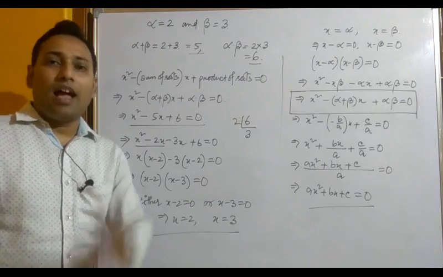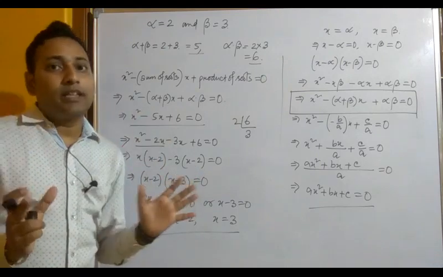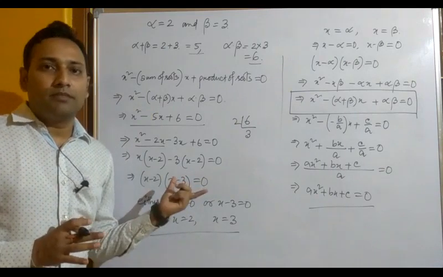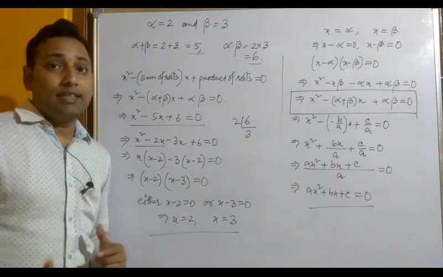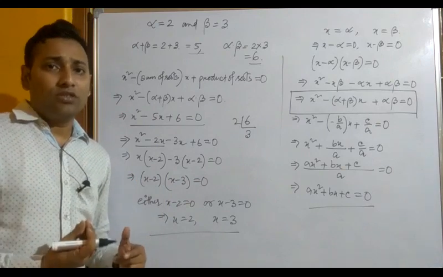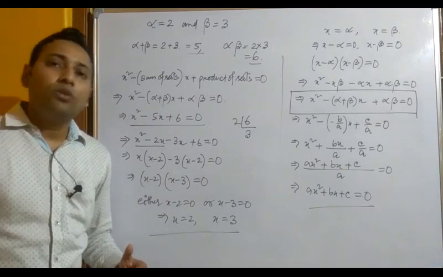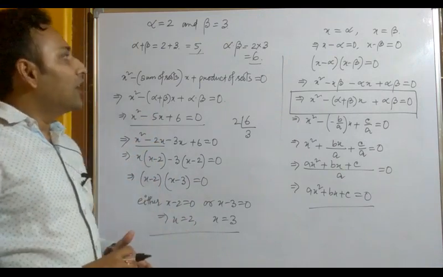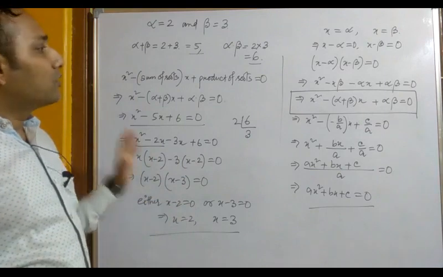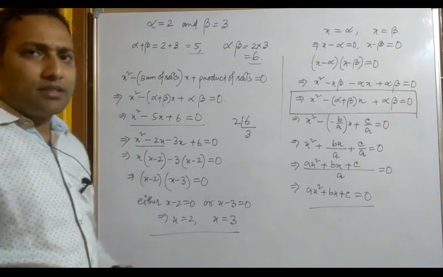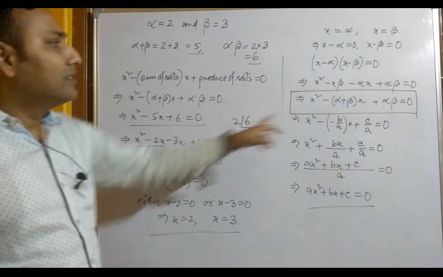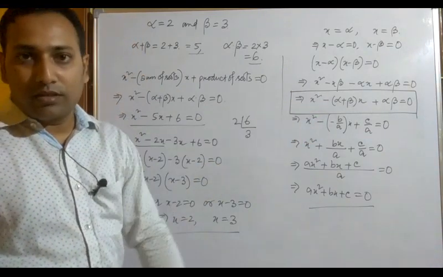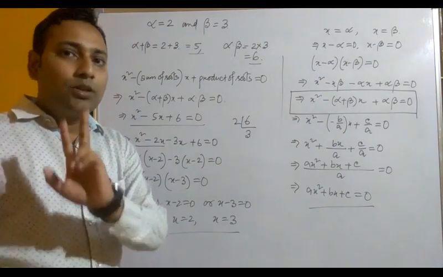So first I have taught you where it comes from. Without learning the theory, if you directly solve the problem, then you know less. Only finding out the solution is not enough. You should also know where it has come from and how to solve this equation. So this is all. So dear students, once again, I just want to tell you a few points. This thing you have to remember: x square minus sum of roots plus product of the roots. So now if any two roots are given to you,